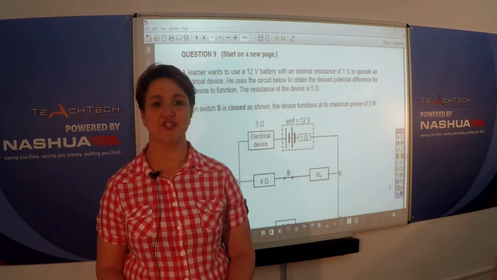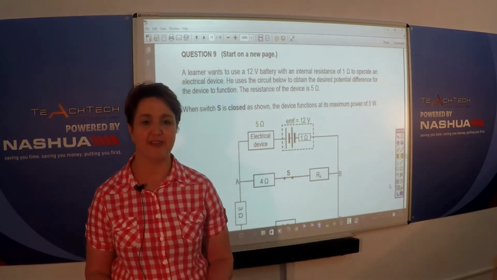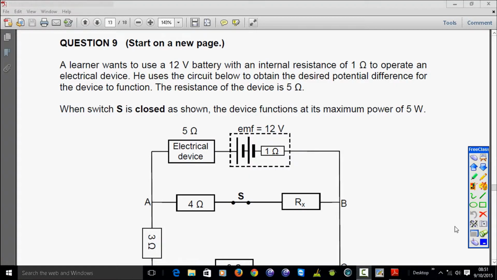We are going to look at question 9 of the November 2013 paper on the circuit diagrams. A learner wants to use a 12-volt battery with an internal resistance of 1 ohm to operate an electric device. Here we see the electric device. He uses the circuit below to obtain the desired potential difference for the device to function, and the resistance of